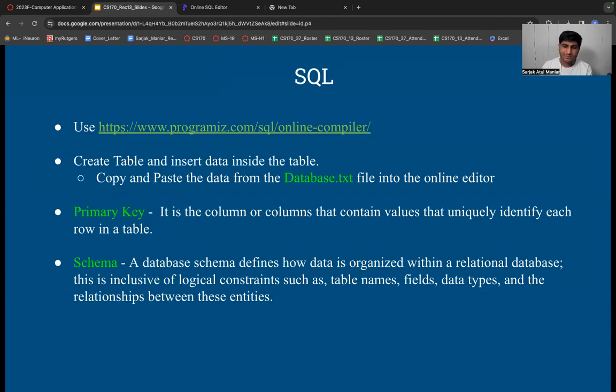Again, there's one more definition which I found, which was really interesting. SQL is a programming language for storing and processing information in a relational database. Now, what do I mean by the word relational database, right? Consider a relational database as something in which everything is placed or stored in an organized manner, right?